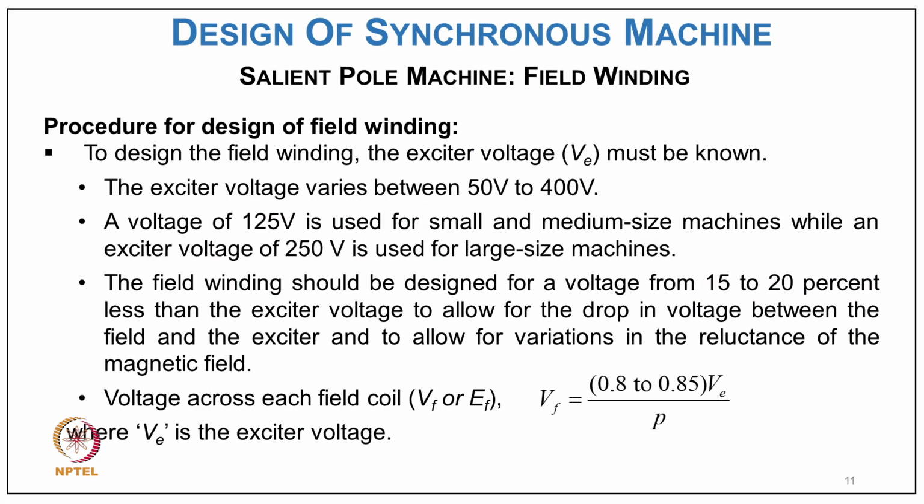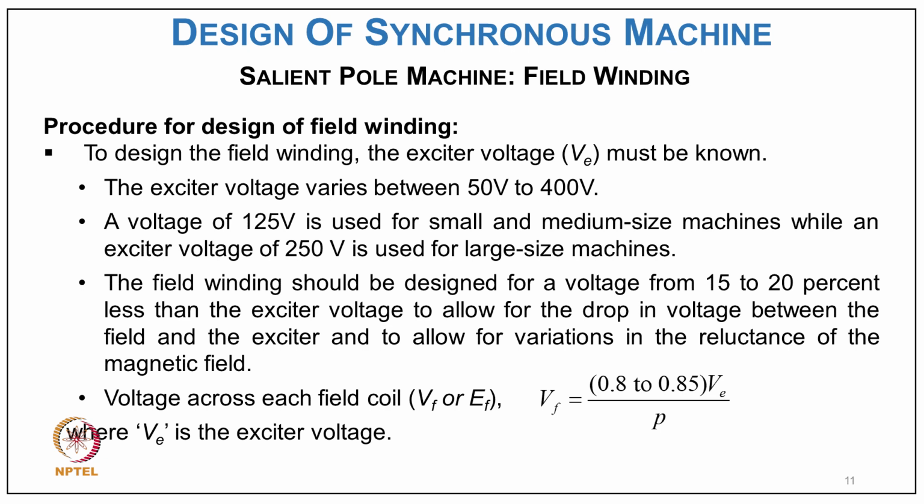Now coming to the typical procedure for designing the field winding. In order to design the field winding, the exciter voltage must be known. The exciter voltage varies between 50 volt to 400 volt for different ratings and types of machine. This is specified by the customer, and a voltage of 125 volt is used for small and medium size machines, while an exciter voltage of 250 volt is used for large machines. The field winding should be designed for a voltage 15% to 20% less than the exciter voltage to allow for the drop in voltage between the field and the exciter,